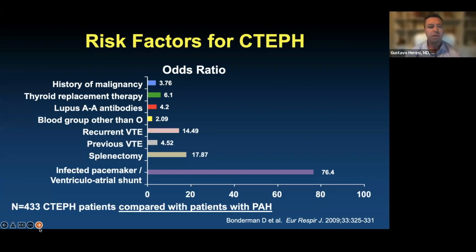The truth is that we really don't know exactly why this happens. And also, when we test for the conditions that we know lead to clots, very rarely do we find such conditions in people with chronic thromboembolic disease. The one in the red bar, the lupus anticoagulant antibodies, is perhaps the main hypercoagulability disorder, meaning that blood disorder that predisposes to clotting.